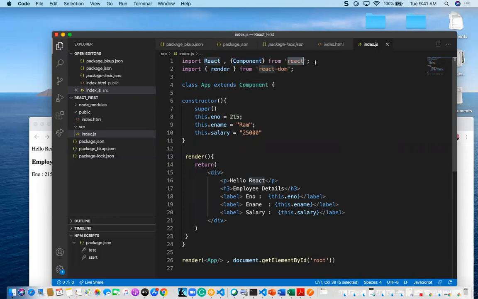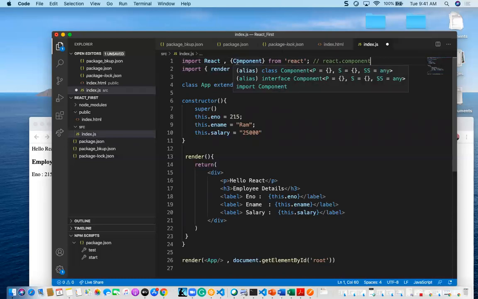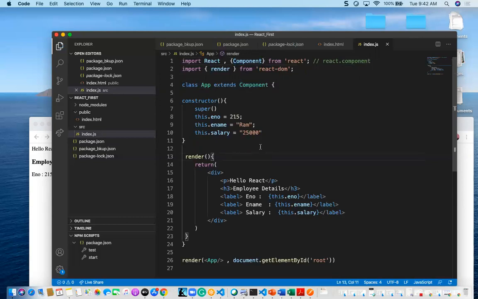What this means is React.Component only. Since React is one object, we are going to get this particular class from it, and that class name only we are going to use here. This is also one of the ways of creating the component.